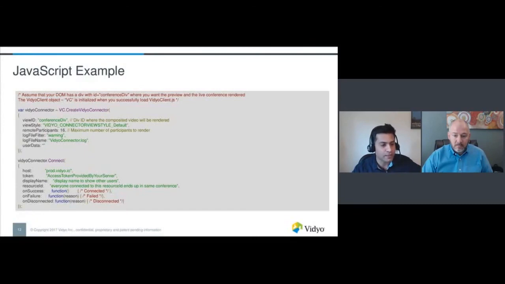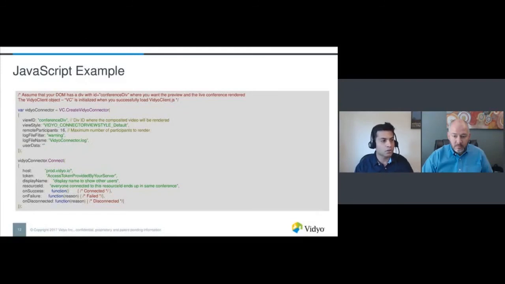So the first part, I think I've mentioned, but ensure a couple of things. Not only that your resource ID is the same, which was the obvious one, so that we are all going to the same room. We call it demo room, so me and Ben were in the same room. But also ensure that when you're creating the token, you're signing it from the same developer key. If you have multiple accounts or multiple apps, ensure that when you're generating the token,